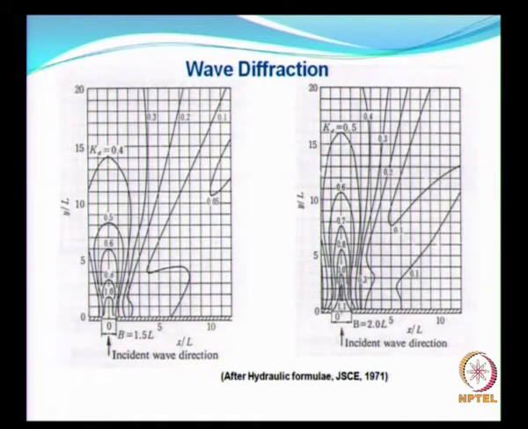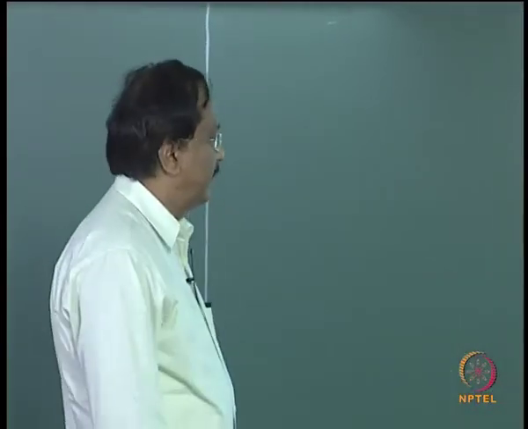So, this picture on the left hand side shows the breakwater gap width equal to 1.5 times the wavelength. The gap between breakwaters is normally decided as a function of wavelength and also the size of vessels, and also the type of traffic, that is whether it is going to be one way traffic or two way traffic, etc. All those things are not going to be covered in this lecture, but these are all the basic information you need before you finalize the harbor layout.